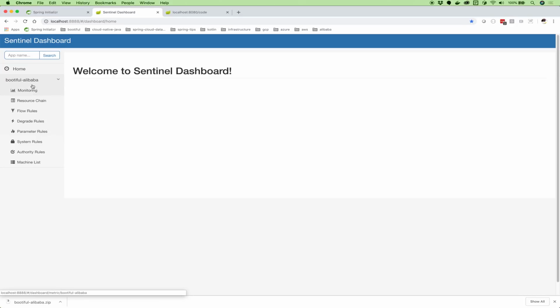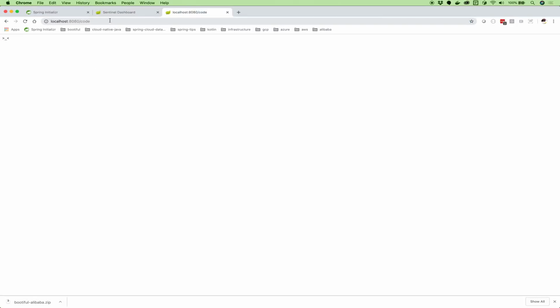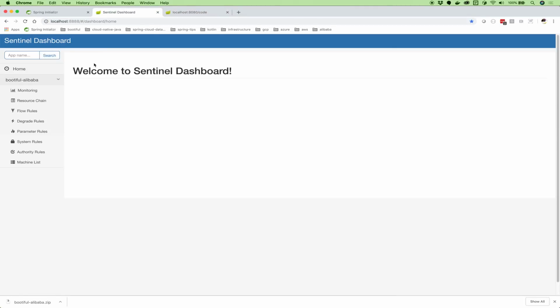The application's now here, and the only reason it's here, by the way, is that if you run the code but don't hit one of these endpoints, this won't register. You have to actually hit one of the endpoints that Sentinel is protecting through the filter for Sentinel to lazily materialize the client instance here in the dashboard.